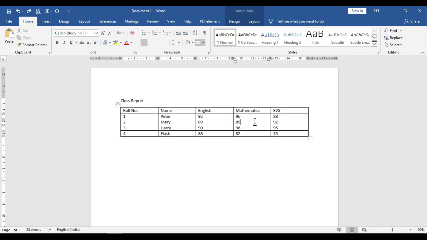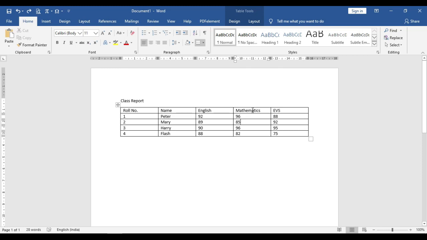So till now we learned 2 ways of inserting columns and rows. The third one is the easiest one, which is available in new versions of Microsoft Office or Microsoft Word. For that, just go to the place where you want to insert the column or row. Suppose I want to insert a column between the subjects English and Mathematics.